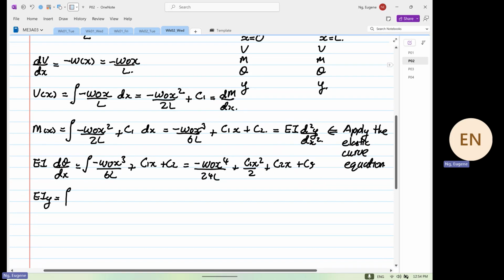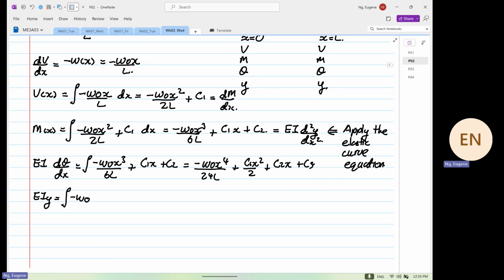We are going to integrate our minus omega naught x^4 over 24L plus C1x squared over 2 plus